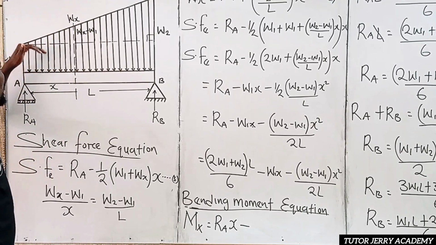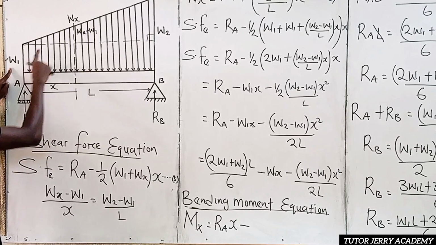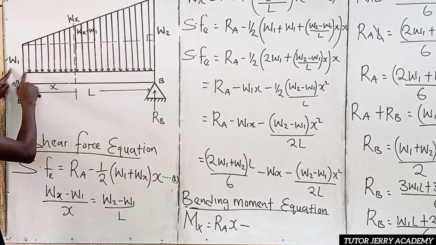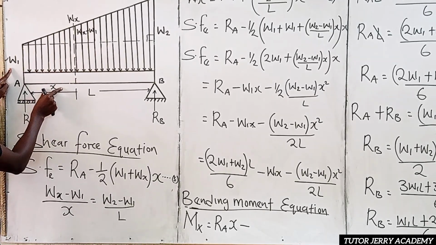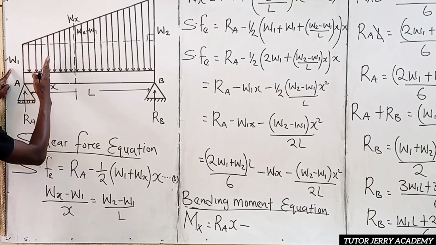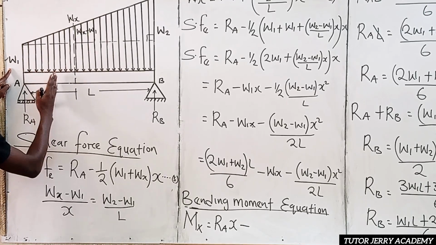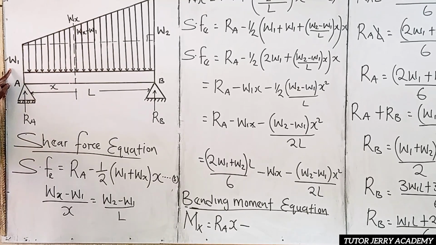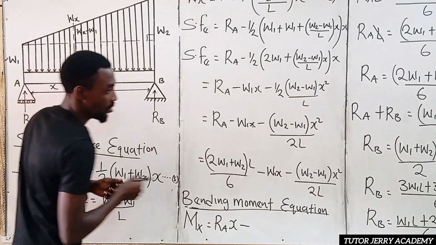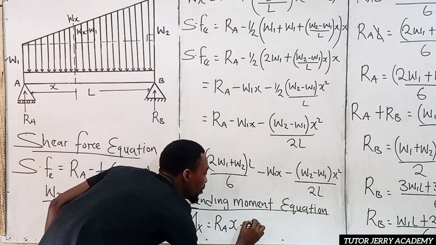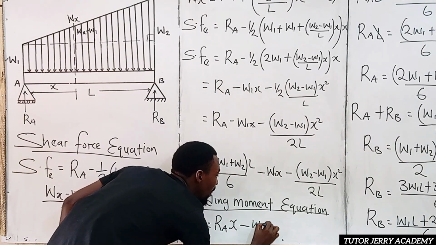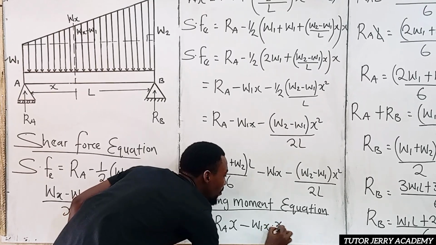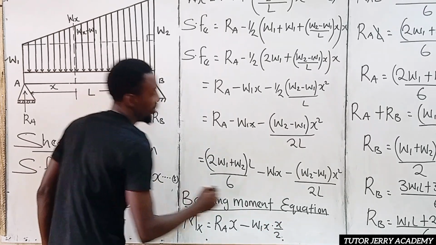So if you want to convert this uniform distributed load here to a point load, it's going to be W1S. And which is going to act at what? At the center, that is x over 2 to the left, x over 2 to the right. So if you do that, this is going to be W1x multiplied by x over 2. All right, minus,